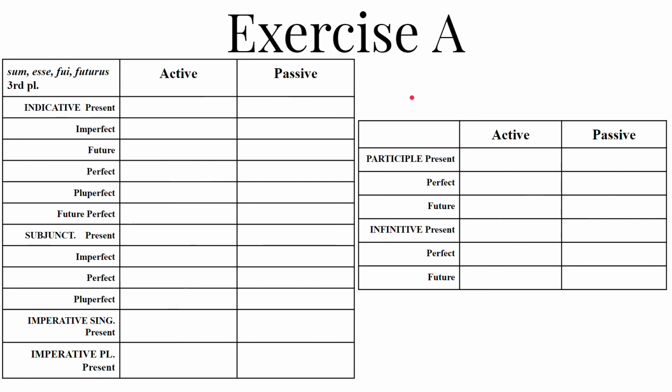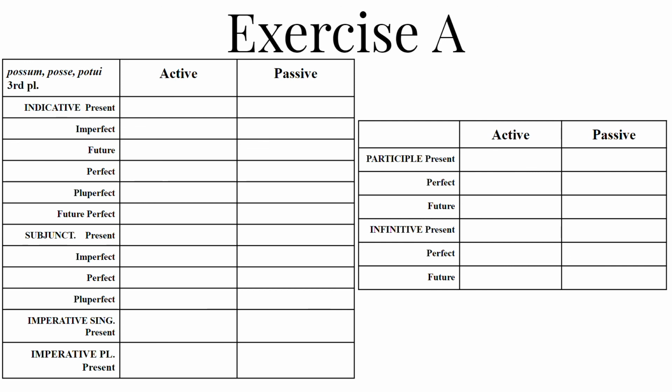Optime, that wasn't so bad. Now let's move on to possum. If you can do sum, you can do possum. Sum is found in possum. If you know sum, add P-O-T in front of the forms of the verb, and you get most of the forms. And if the form of sum starts with an S, that T assimilates to an S. That's why we have double S. It's potsum, but it's easier to say possum.